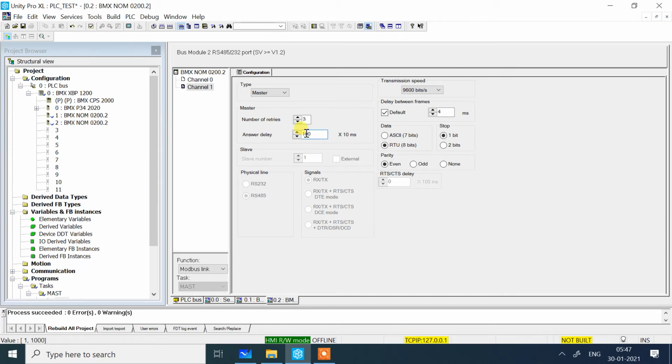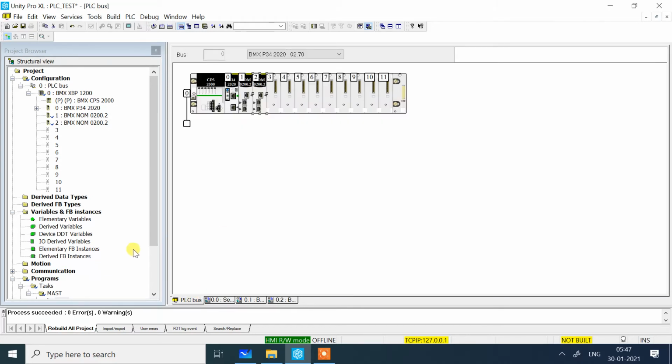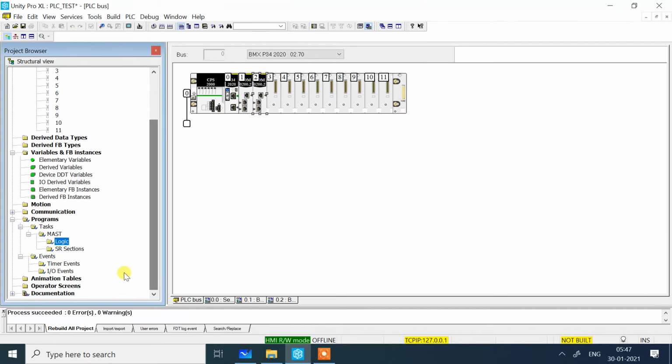Number of retries is 3. If you want to change the answer delay, you can modify it in the answer delay option. Here 100 milliseconds, and validated. So these are the first configuration steps in the NOM cards and CPU. I think it's clear. Now we go on to write a program for Modbus communication.